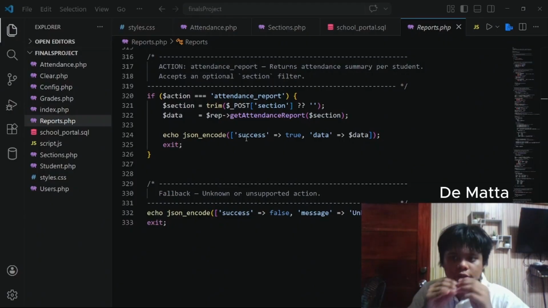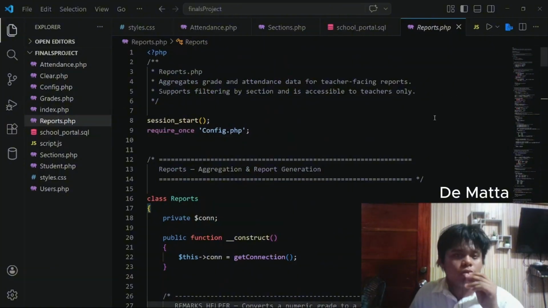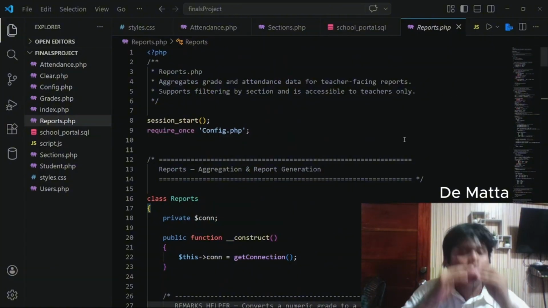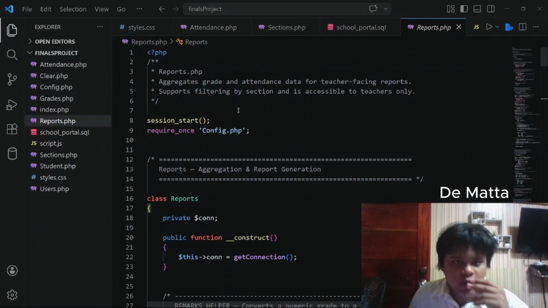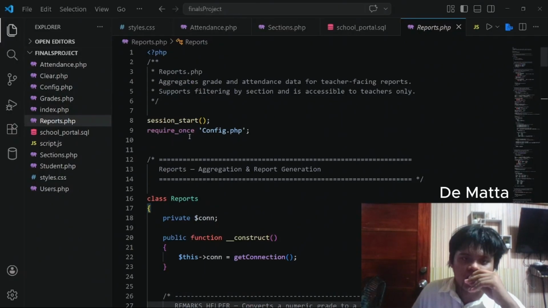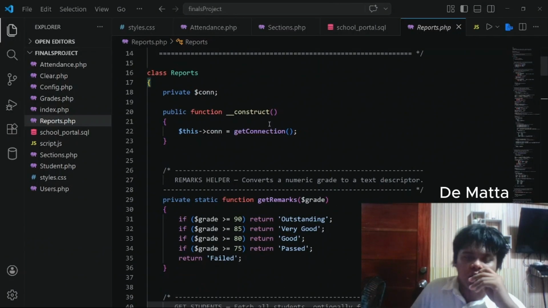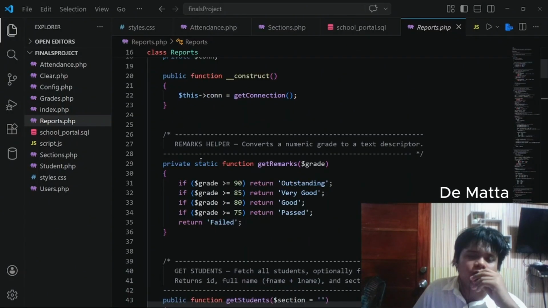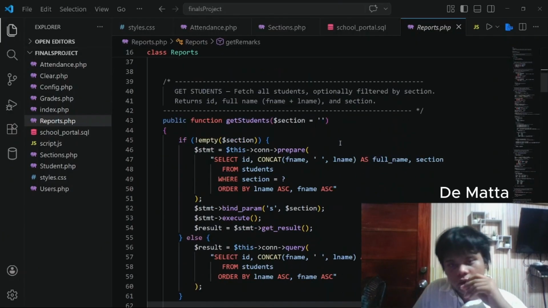Now we're going to go over reports.php. The reports.php is responsible for generating all the reports of the students, to filter out their remarks as well as their attendance. We first start the session in the configuration PHP. And here we have the remarks helper. This is responsible for the grade remarks of a student, whether they are outstanding, very good, good, or pass.